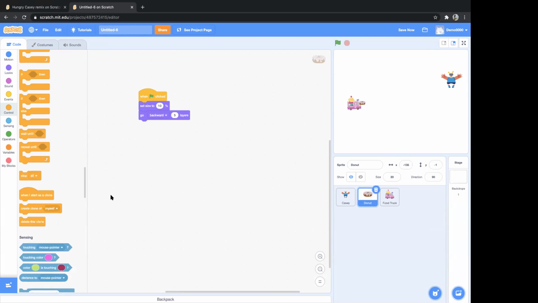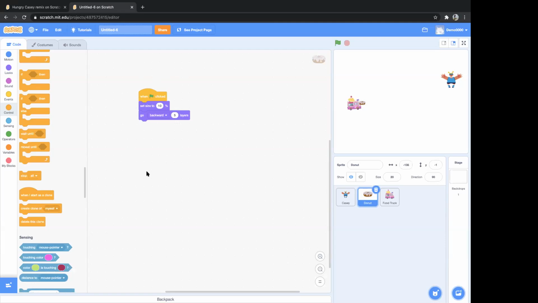If we use this clone feature here in the donut, we could create a copy of this particular sprite, and that sprite will have the same costume as this sprite. All the same scripts that we are using here would be automatically applied to that cloned copy. So this is what cloning is. Cloning means creating a copy of the sprite.